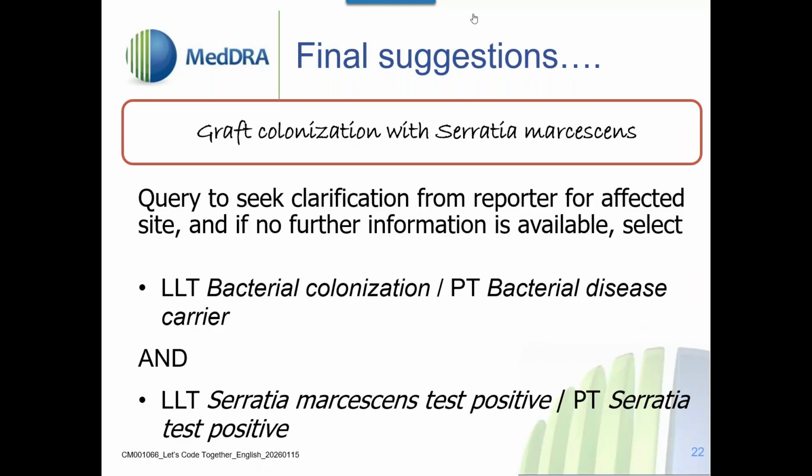I can see we have some questions. Martin's telling us the internal presence of Serratia marcescens is always an infection. Yeah, but we don't know necessarily that it is internal. You're saying if it was internal, it would always be an infection. My reference seemed to say that it would only be considered an infection if it triggers a host response, whereas colonization can be harmless. And also the fact we don't know what type of graft it is. So I think I'm still more comfortable with my colonization, but thank you for your thoughts on that one,